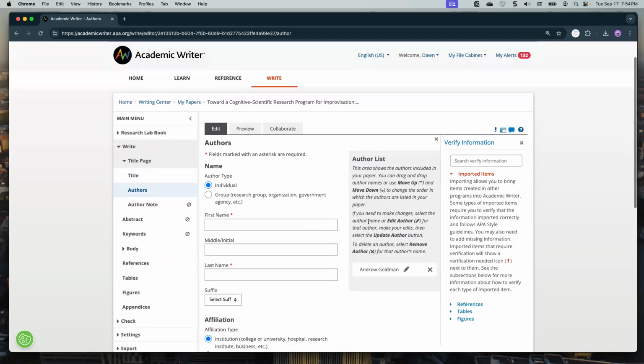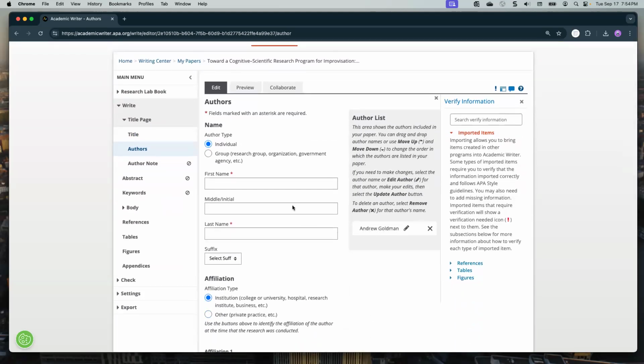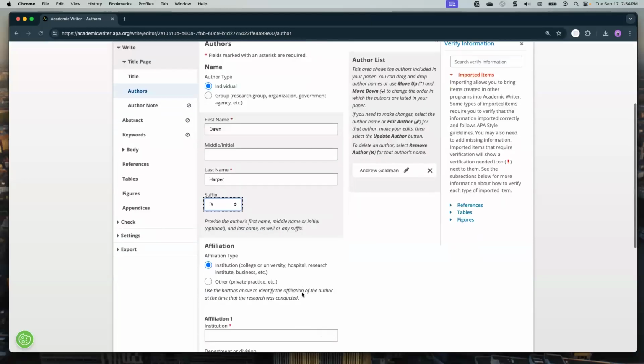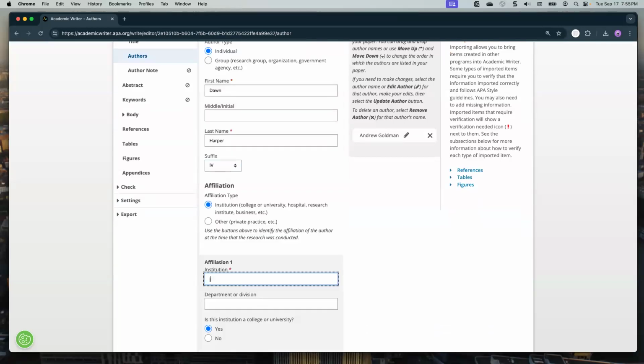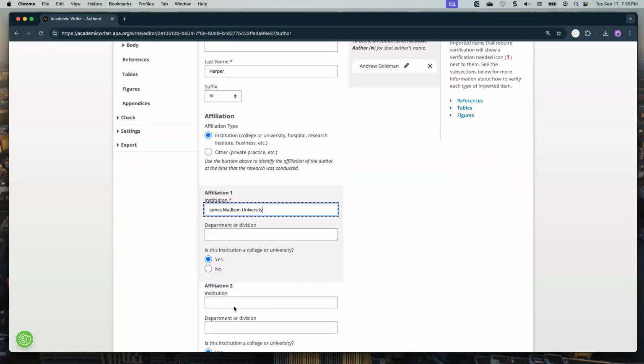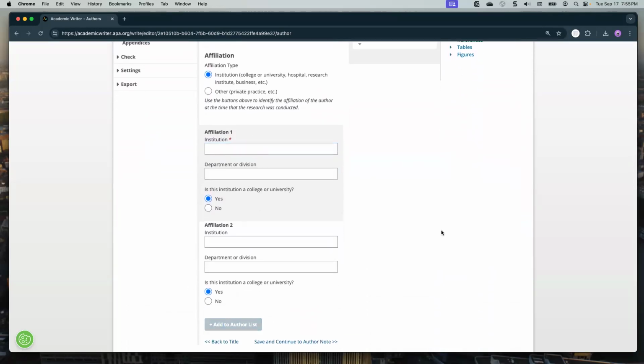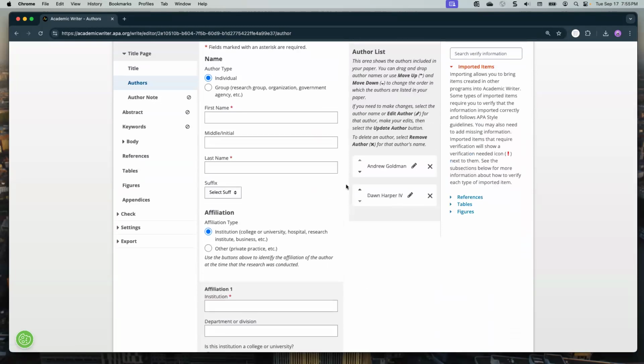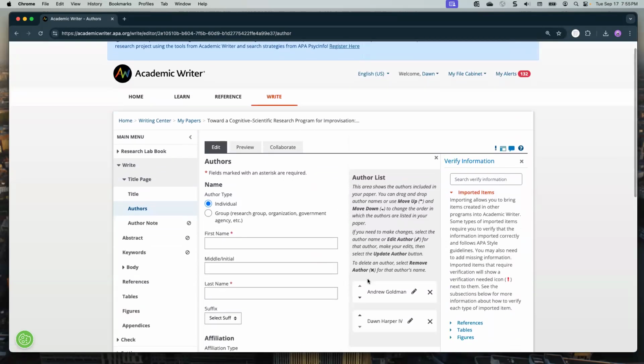I can also move to the author name, and I can add any authors here. So let's say I helped with this paper. I can go ahead and give myself a title. Let's be the fourth. And add my institutional affiliation here, and add to the author list. So I'm added here. And so again, for group projects, things like that, you can add and remove, edit,